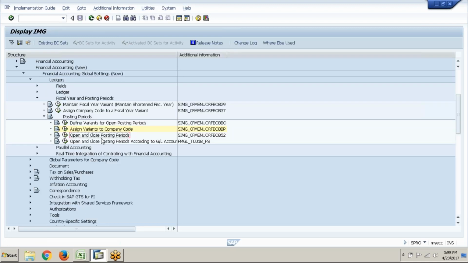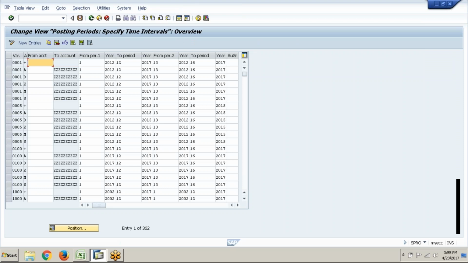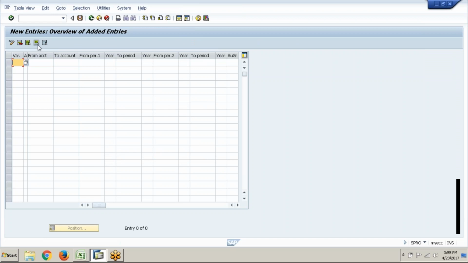Open and close posting periods, OB52. New entries. This is one of the month-end activities also. This tells us in which period postings are to be done, in which period postings cannot be done, which month is closed for posting. There are about 12 columns here, 1, 2, 3, 4, 5, 6, 7, 8, 9, 10, 11, 12. Okay, first, the variant, ABC1,